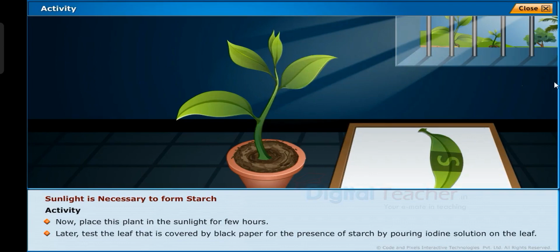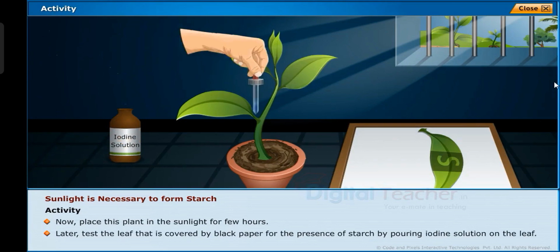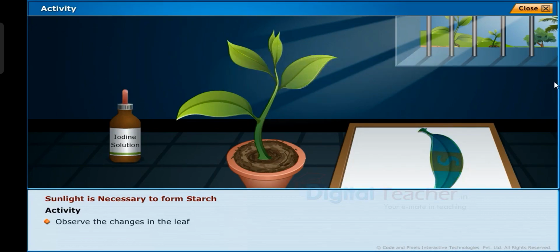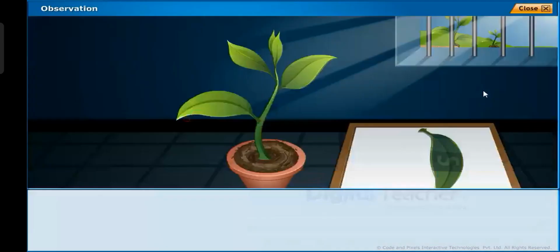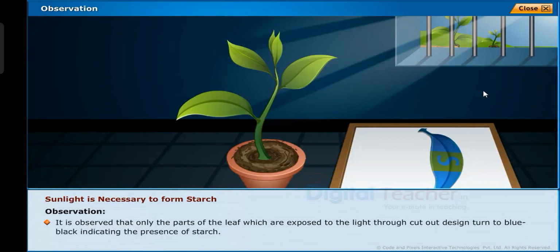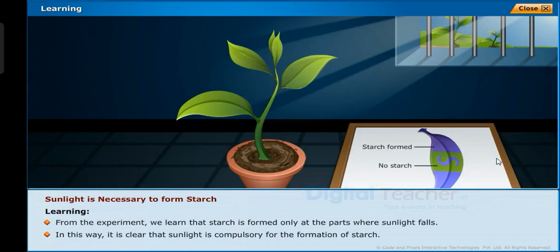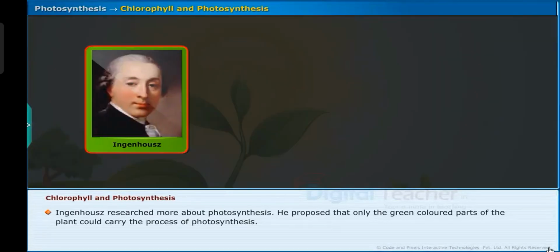Later, test the leaf that is covered by black paper for the presence of starch by pouring iodine solution on the leaf. Observe the changes in the leaf. It is observed that only the parts of the leaf which are exposed to the light through the cut-out design turn blue-black, indicating the presence of starch. From the experiment, we learned that starch is formed only at the parts where sunlight falls. In this way, it is clear that sunlight is compulsory for the formation of starch. Ingenhousz researched more about